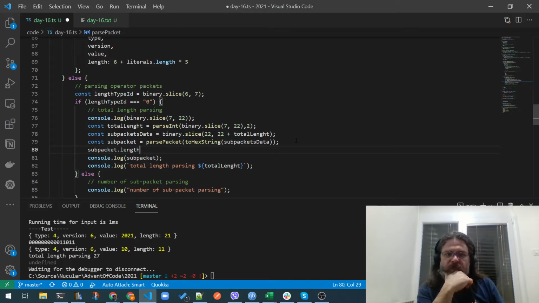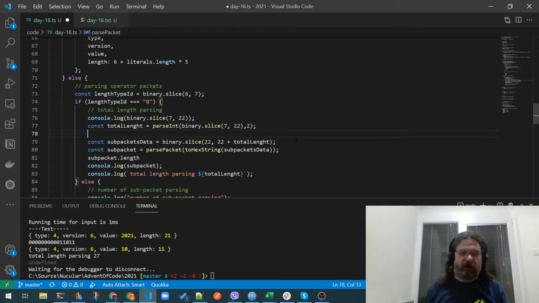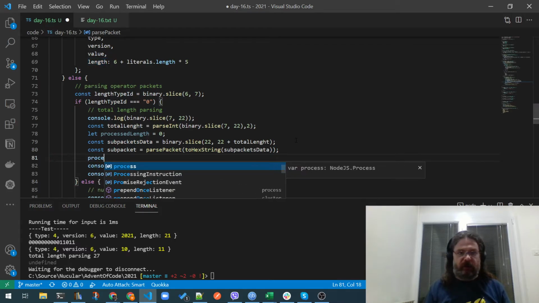So we have the total length, and we can have a processed length. That's how much data we processed so far. So far we processed 0 bits. Then we get the subpacket data, we process that subpacket data, and we know exactly how many bits we processed. So we can say that the processed length,